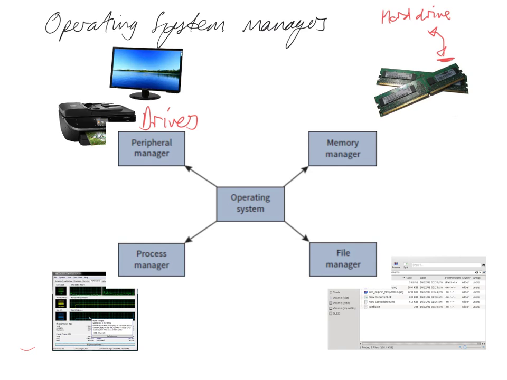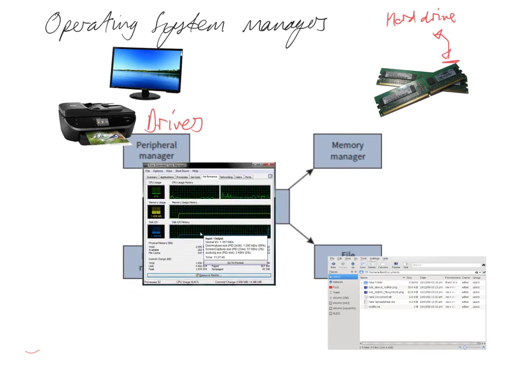And then finally we've got the process manager down here, and it's the process manager's job to look after the CPU and allocate resources in the CPU so different programs can run at the same time. And a bit like the RAM, different programs will need different amounts of CPU allocation. What this does is make sure each of the programs, when they request use of the CPU, has got enough of the CPU to run the program.